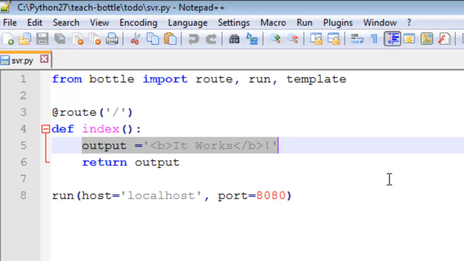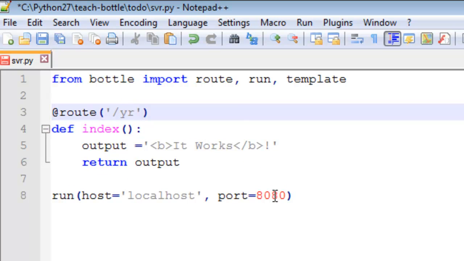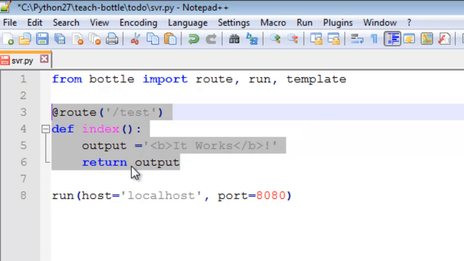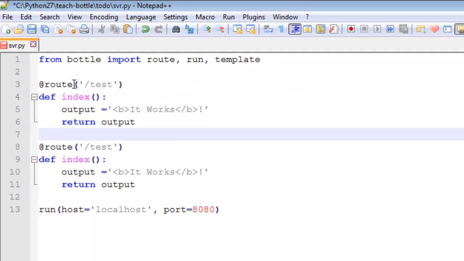Okay, so we remove, might leave that, we'll call that one test, to test that the server's running. We'll copy that and bring that down, remove that,